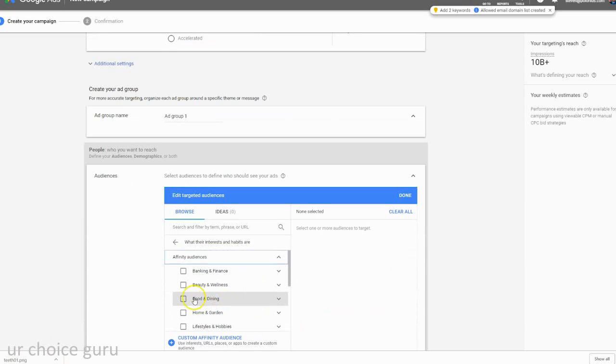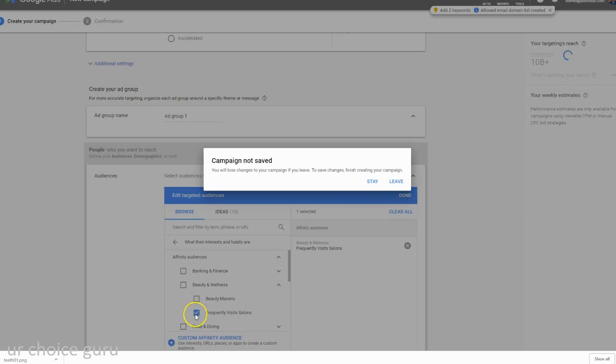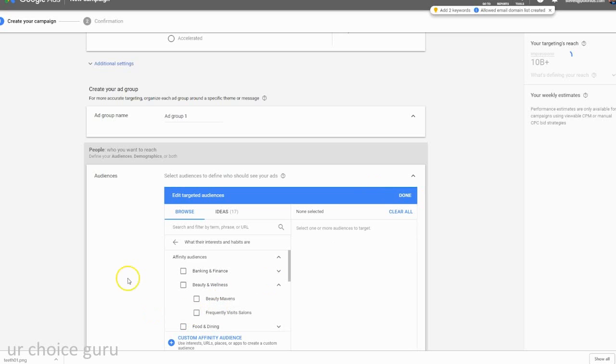And let's theorize that maybe people interested in beauty and wellness would be more likely to click on this ad. And we could always do another campaign later, or just choose one ad group within this campaign that focuses on that target and see if in fact we do get better results that way. That would basically narrow down the audience a little bit from super broad to less broad. For our purposes, we'll go ahead and keep it as it is without any specific audience